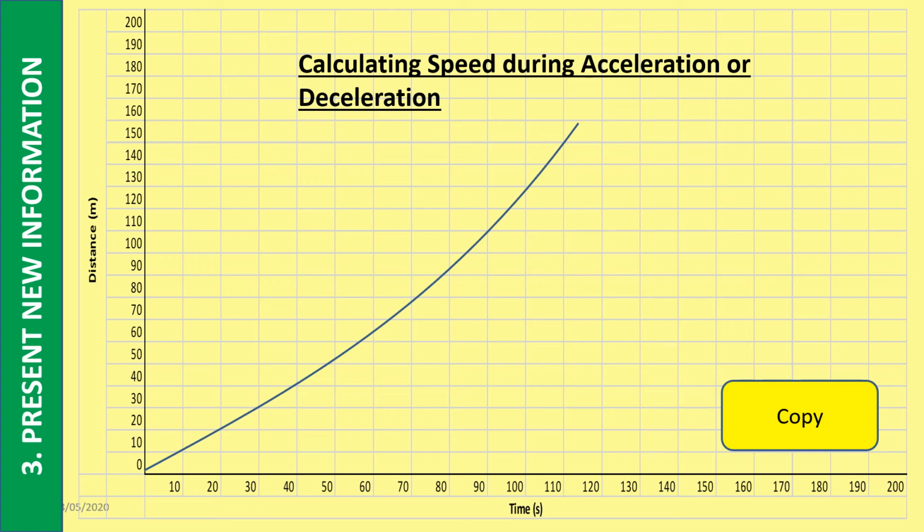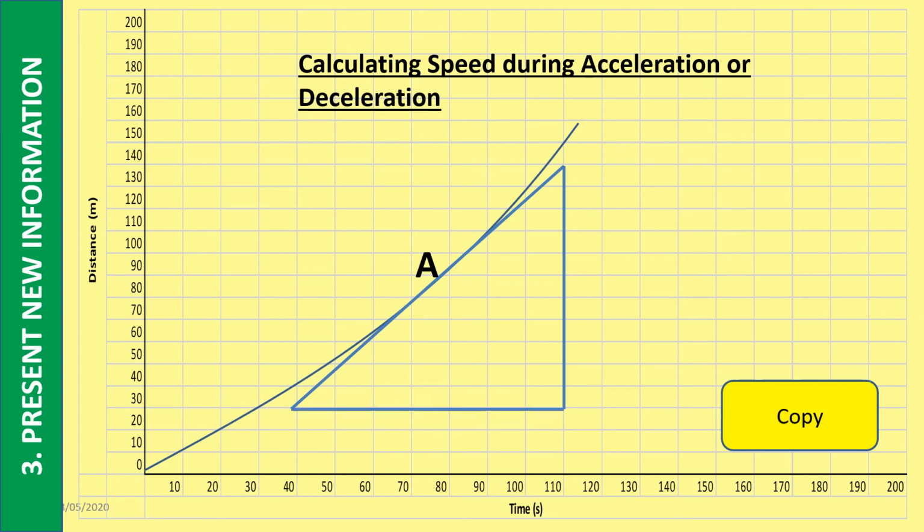Now, if we're asked to work out the speed of the object at a point, for instance, point A, we can do that using a method called tangents. So what you do is you draw a straight line called a tangent to the curve at that point. So it should just touch at that point. And apart from that, it should be about even. So about the same distance away there as it is there, or as close as you can get it. Once you've drawn your tangent to the curve,